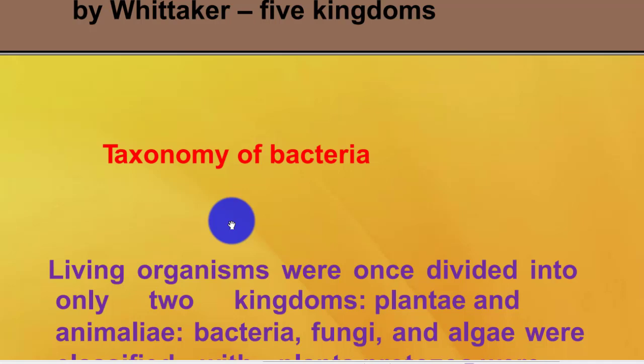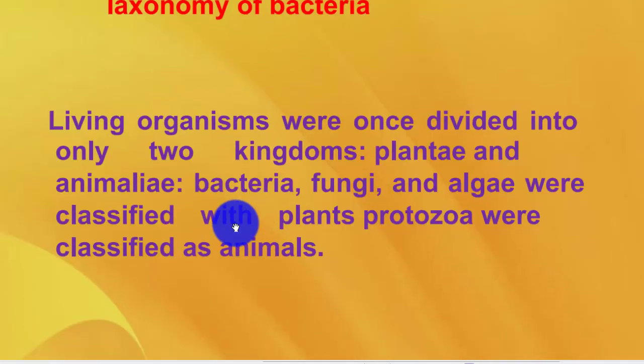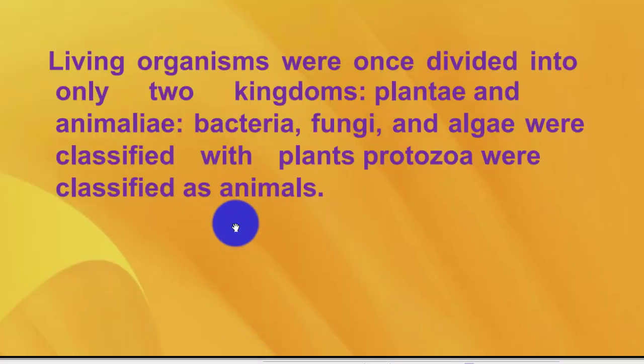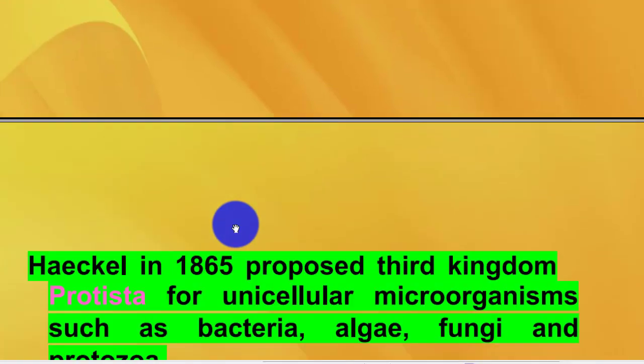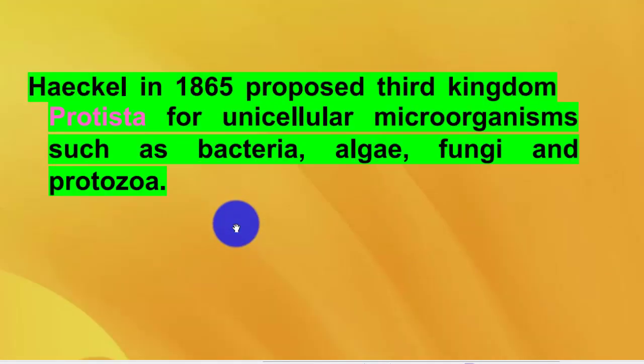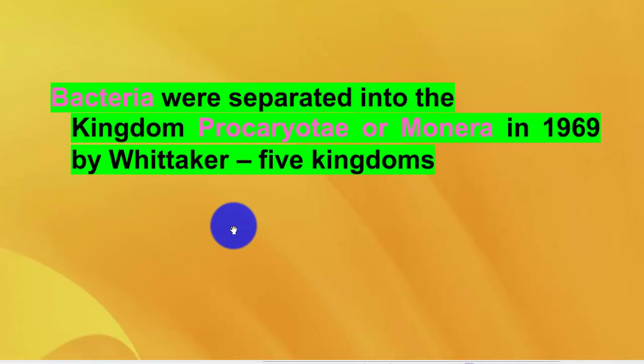Taxonomy of bacteria. Living organisms were once divided into only 2 kingdoms, Plantae and Animalia. Bacteria, fungi, and algae were classified as plants. Protozoa were classified as animals. Haeckel in 1865 proposed third kingdom protista for unicellular microorganisms such as bacteria, algae, fungi, and protozoa. Bacteria were separated into the kingdom Prokaryote or Monera in 1969 by Whitaker Kingdom